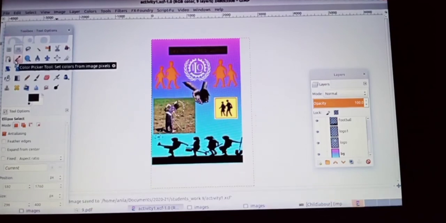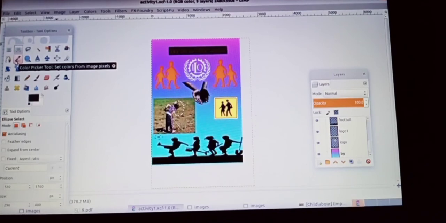So you have almost finished the poster. To include the completed poster in a presentation, or to send it to any other person, you want to export it into another file format, because the .xcf file is only supported on a system or computer that has the GIMP software. So if you want to share this image or poster, you want to export it into JPG format or PNG format. So JPG and PNG are image file formats.